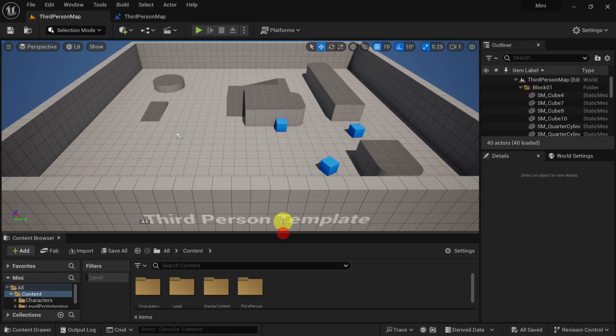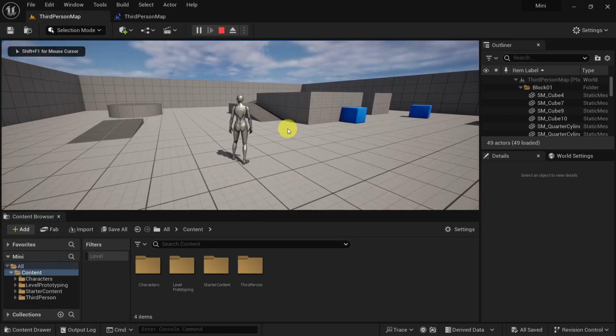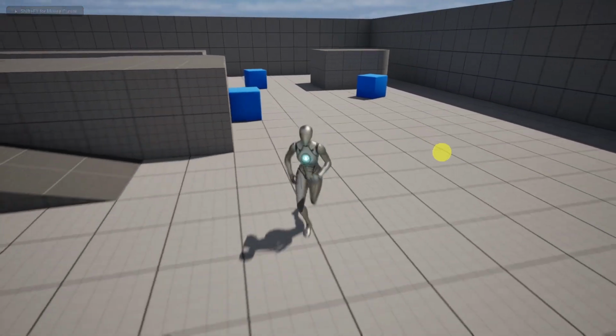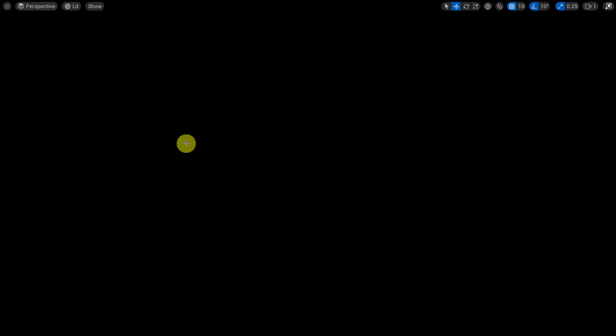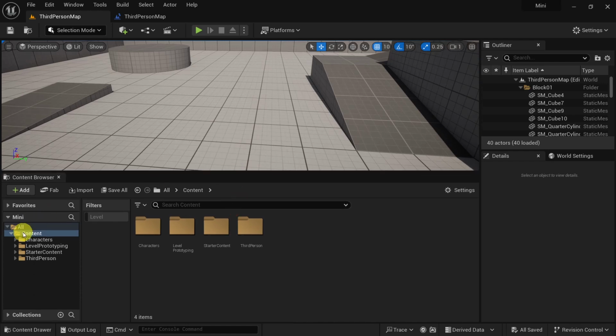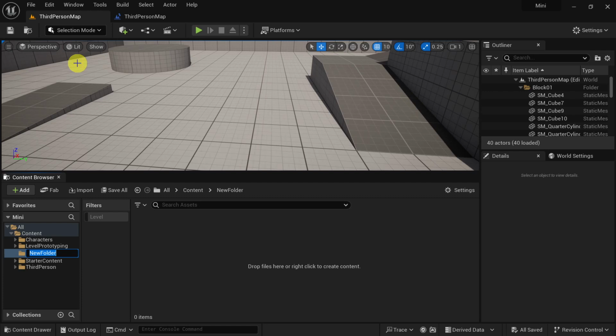Today I'm going to show you how you can make a compass in Unreal Engine. Just create a basic third person template, or use your own project, and from there